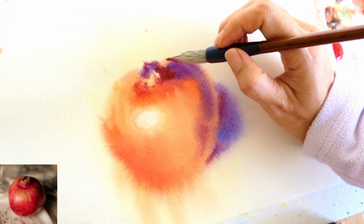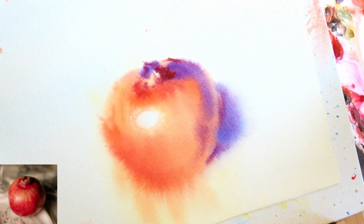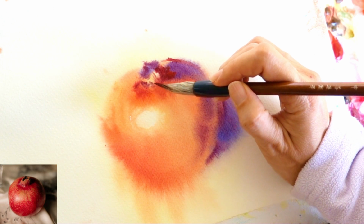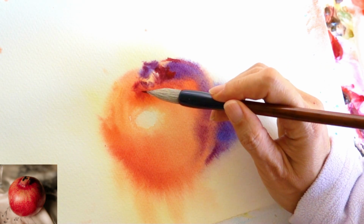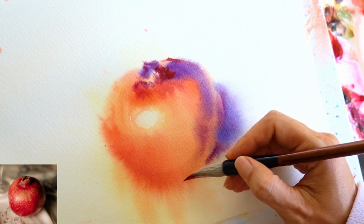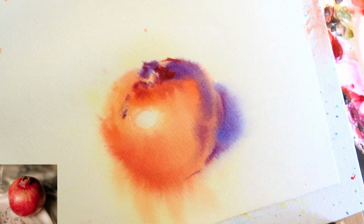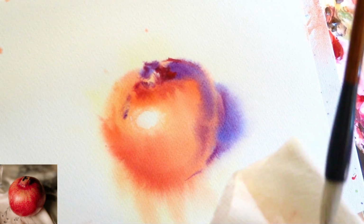At this time, when I was painting, I stopped talking because I realized this is something that I'd never done before. The paper stayed wet for longer, but then I kind of like at lost. I didn't know what to do with this extended moisture. It's moist, but not enough to continue to do what I would normally do, because it's also slowly drying. So I'm focusing and